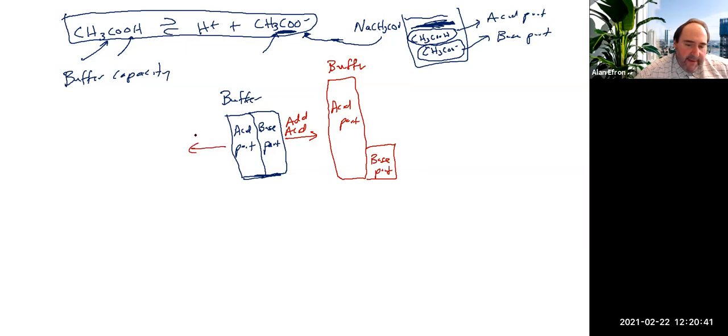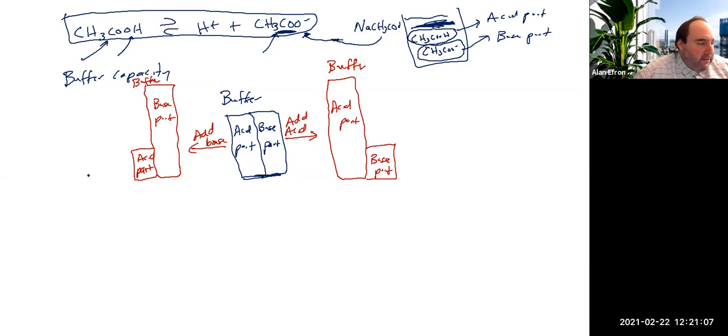And if we add base to the buffer, the base that we add, like sodium hydroxide, will react with the acid part, but it will make the base part of the buffer. And again, a little bit over exaggerated on the drawing here, but we'll make some more of the base part of the buffer. And obviously the acid part of the buffer will get smaller. So there is a limit to how effective a buffer can be. So for example, if you didn't maybe read the instructions or just kept adding acid,